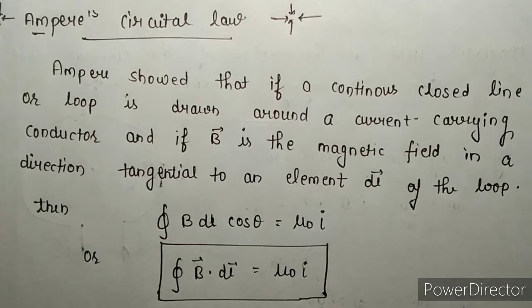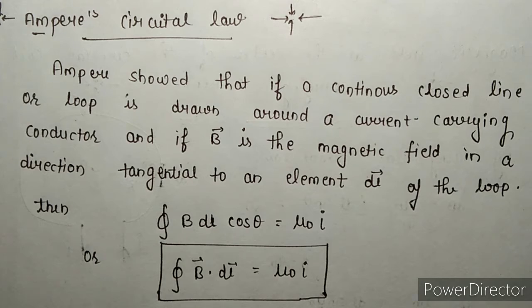This topic is Ampere's Circuital law. This topic is very important because after the discoveries of Oersted and Biot-Savart, Ampere found a useful relation between electric current and magnetic field. This relation may be applied in highly symmetric situations to find the magnetic field more easily than by computing with the Biot-Savart law.